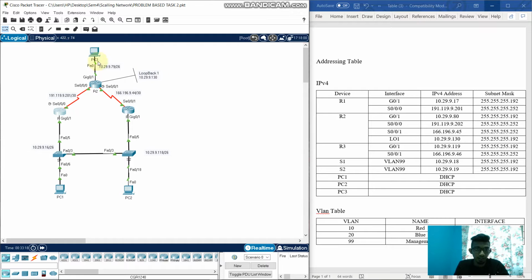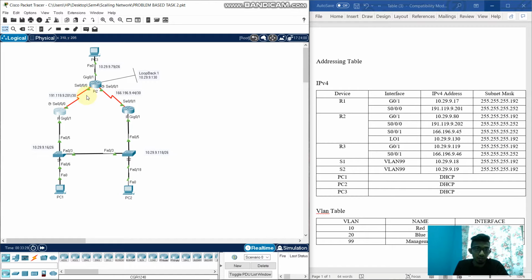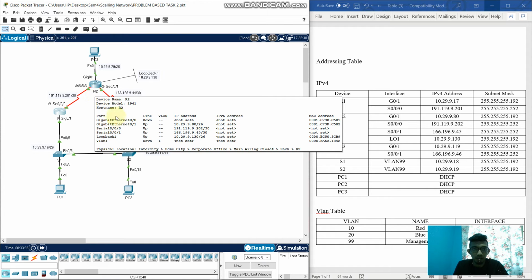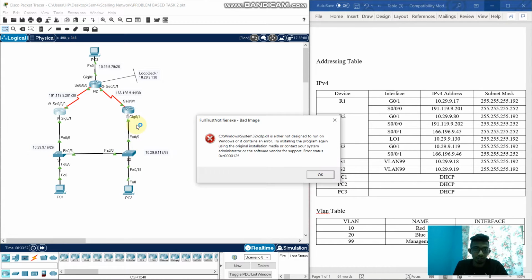This is my logical diagram. There is a loopback here, and router 2 is connected with interface serial 0/0/0, and to R3 it uses interface 0/0/1, and router 1 connects to the switch gigabit 0/1 and FastEthernet 0/5, and R3 to switch 2 is gigabit 0/1, sorry,